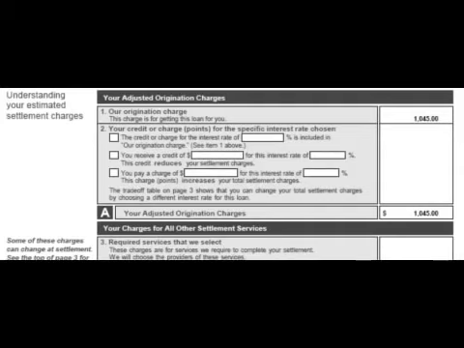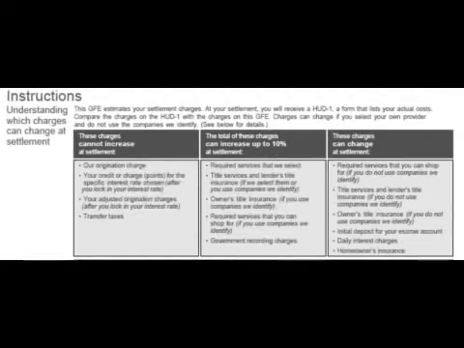Page 2, at the top of page 2, understanding your estimated settlement charges, again, it's going to highlight any origination charge that is charged, and then if there was a credit from the lender as far as the yield spread that the broker is paid, that is then going to be reflected in that line item. And finally, the one